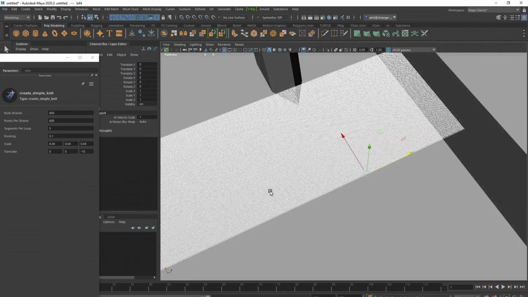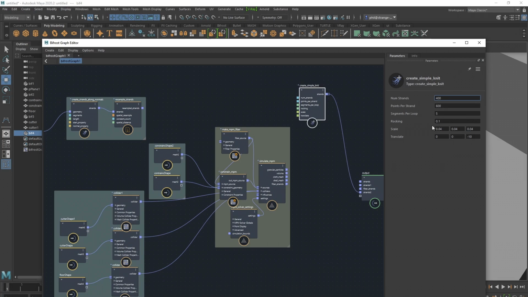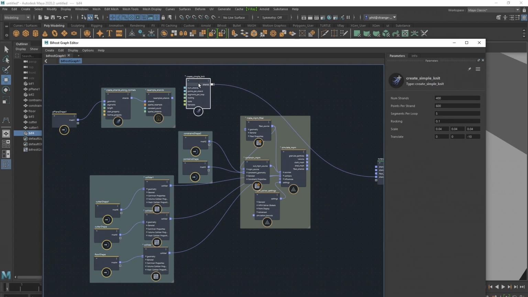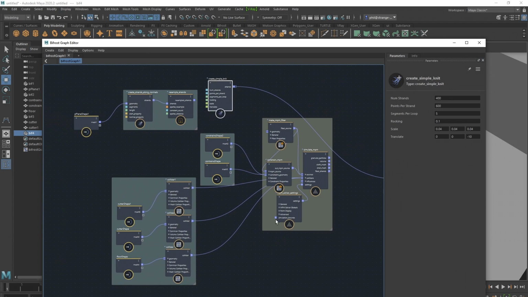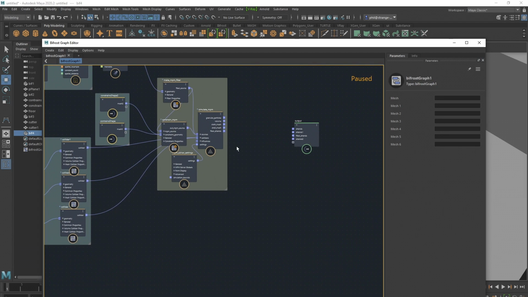So these are strands, but they're knitted together, and there are some attributes for them in here where you can play around with the loop size and the scale and all that good stuff. But I'm going to drag this back here and drag the knit. Let's get the graph paused again. Undo that, and I'm going to drag the knit into the fibre, and then the fibre out into the output. And I'm going to Control and unpause the graph. And now that knit is dynamic,